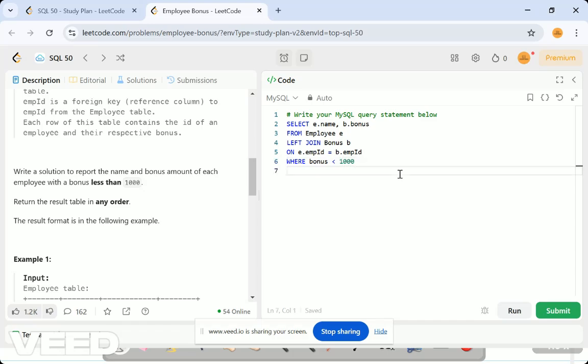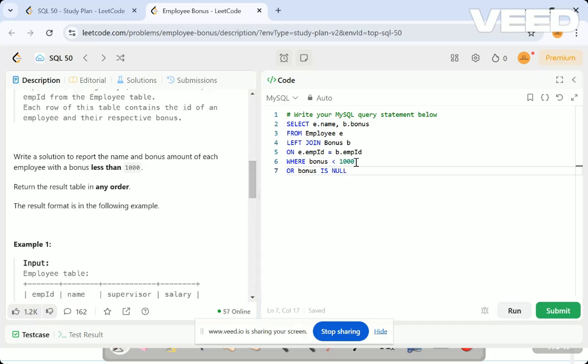Also, we have to get all the employees' details, whether they have a bonus or not is secondary. If there is no bonus, we just return null. So this is the query which satisfies their question. The problem statement is now satisfied, and everything is included here.